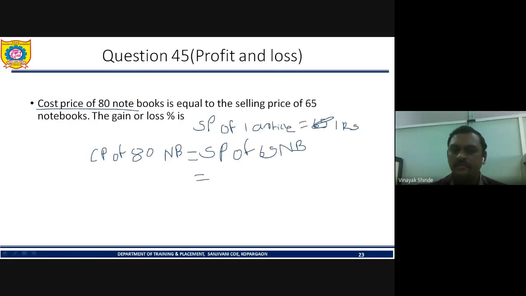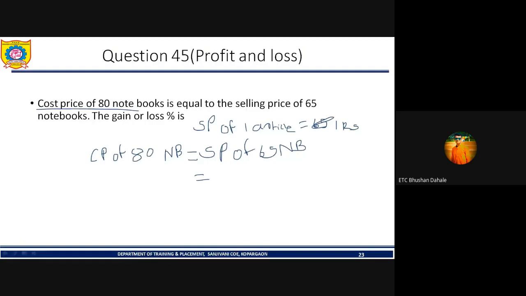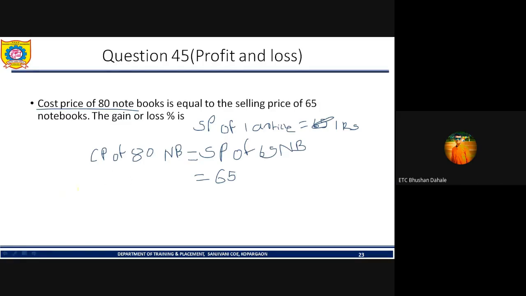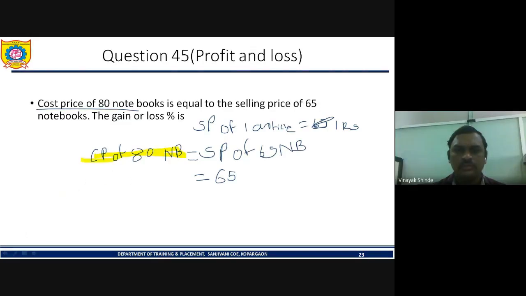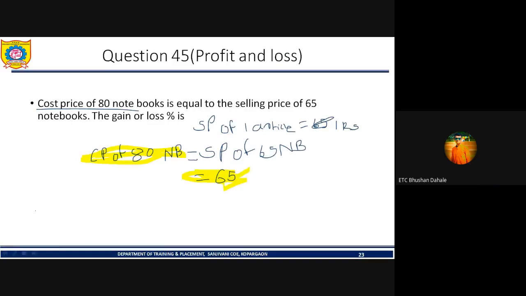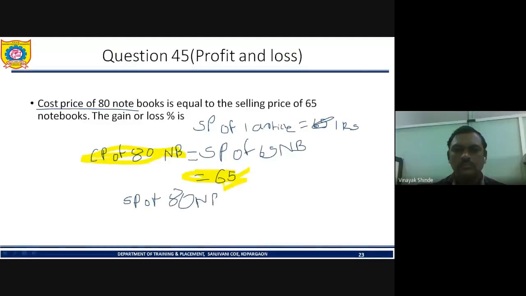If you don't know the first step, Deepak and Darade Rahul. Bhushan, what is the next step? Sir, therefore the selling price of 65 notebooks is 65 rupees. So what did you get? You keep telling me, I will write it on the presentation. Next step. Cost price of 80 notebooks is 65 rupees. So this is a business of 80 notebooks, and we got total cost price as 65. Next step. Sir, selling price of 80 notebooks is 80 rupees. Okay.